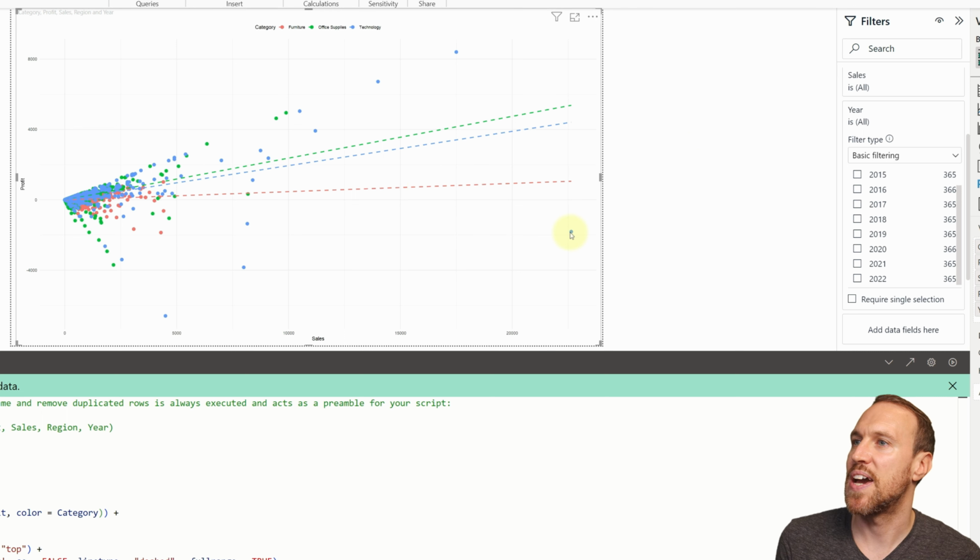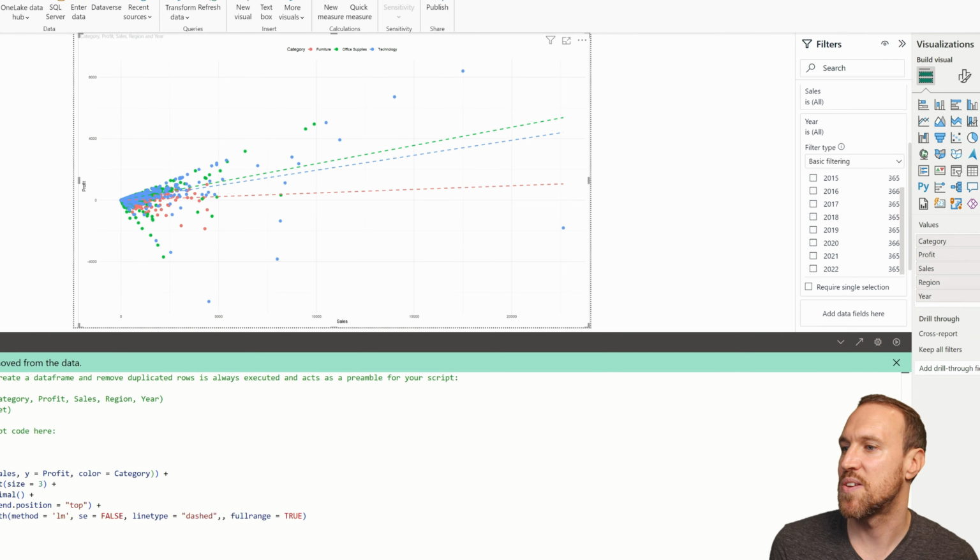But the only thing you don't get is if you click on any of these, unlike the one you use when it's a Power BI visual, you don't get the luxury of being able to use these by clicking on them to change or see what that information is. But now, if you wanted